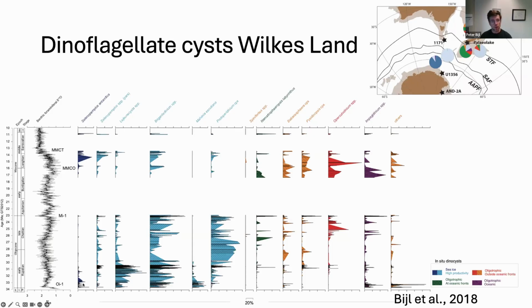So what we see besides that are these light blue species which occur basically between the subantarctic front and the Antarctic polar front. And also occasionally we see the abundance of species that today occur close to the subtropical front. And that was really a surprise to us, that apparently the ocean conditions close to Antarctica in the Oligocene, even though there was an ice sheet on the continent, allowed for the presence of these warm temperate species that today live close to the subtropical front in waters that are between 10 and 15 degrees.